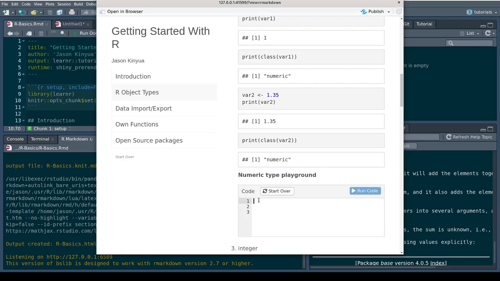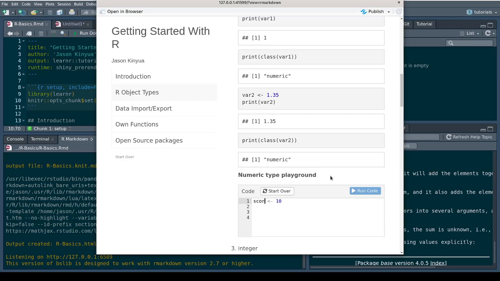Let us do an example. Let's say it is 10. Okay, this is example 1. Let us say this is score.